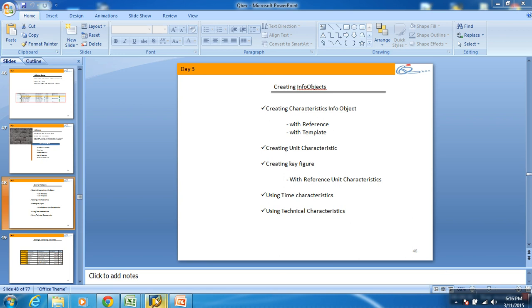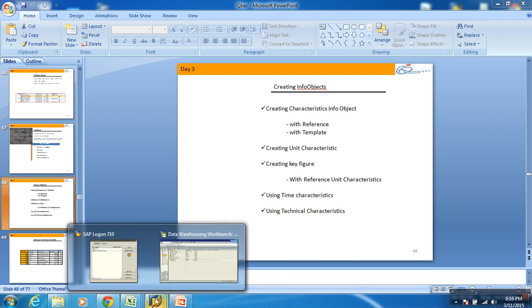Okay, boss. In the last class, we've seen about the schema, what it forms in the backend. When you're building a data warehousing application, you understand the reporting requirements, understand where the data is available. Before you extract it, you design your data models in BW. When you say designing, as per the extended star schema, you start designing where the key figure should be placed, where the characteristic should be placed, and then start loading your master data or transaction data to the targets, and then start doing reporting.